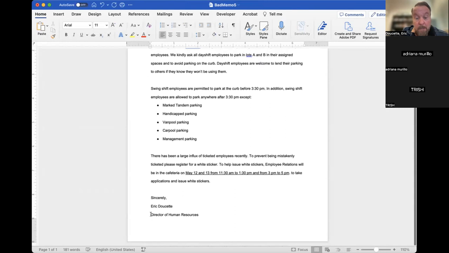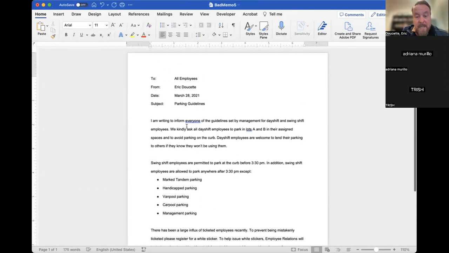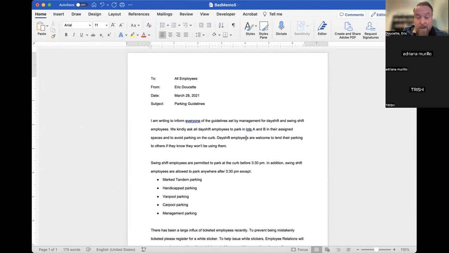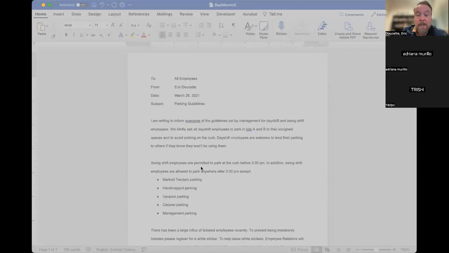There is an improper signature block, because remember, memos don't even have a signature block. So I'm going to remove that. It's just the initials of the author. In this case, again, they did use a bullet list, and they did put space between their paragraphs, but they used double-spaced paragraphs and no other design elements to improve the readability. So poor, very poor example, better than some, but still not following the guidelines for business writing. And that's what I want to illustrate to you guys.